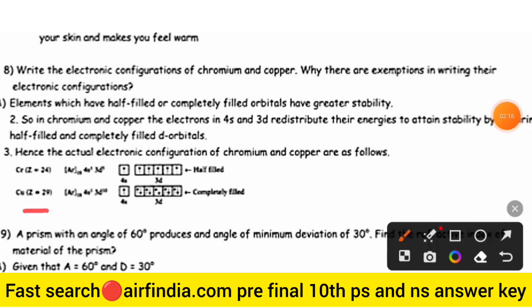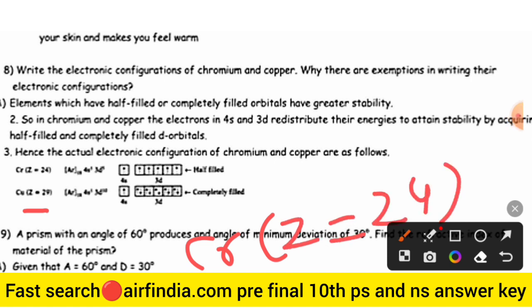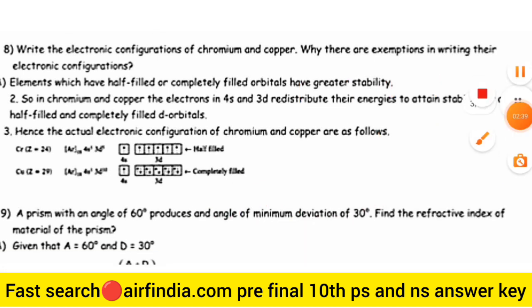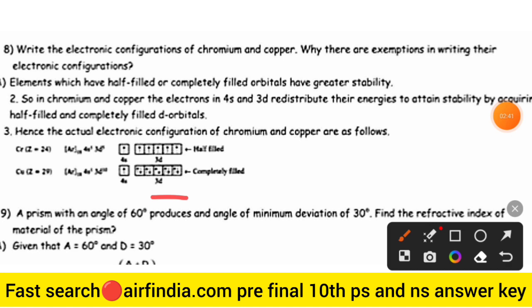So here chromium is Z equal to 24. Here the electrons are unpaired, half filled, but in the other case it is completely filled. Okay, this is called a pair.